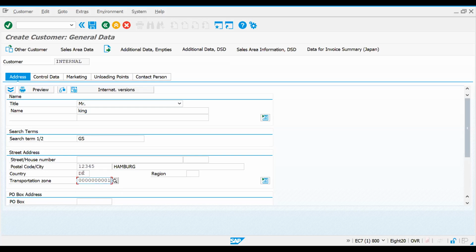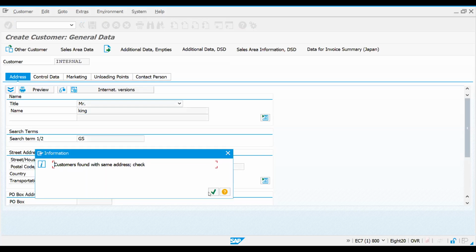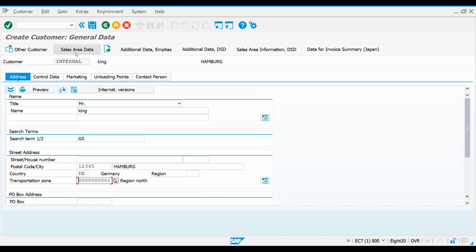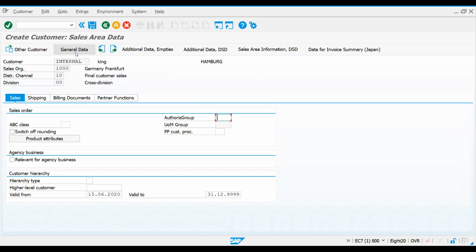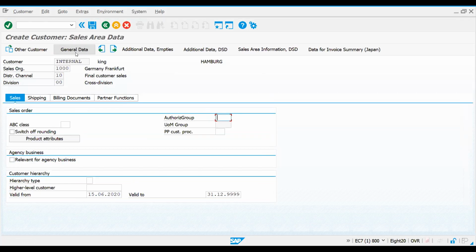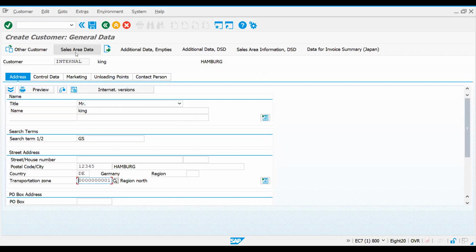Maybe let me fill the mandatory fields. So now you can see it is saying some customer found. Let's cancel this. When you click the sales area data, and again if you wanted to get back, you have to get back to the general data. That means only two tabs are available here. Okay, when I go back to the previous one